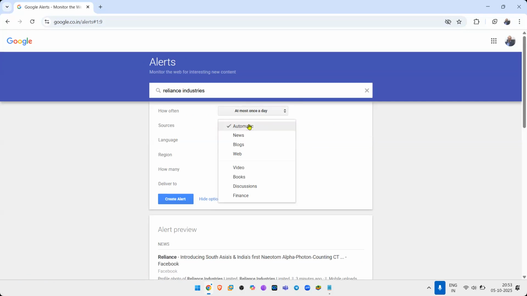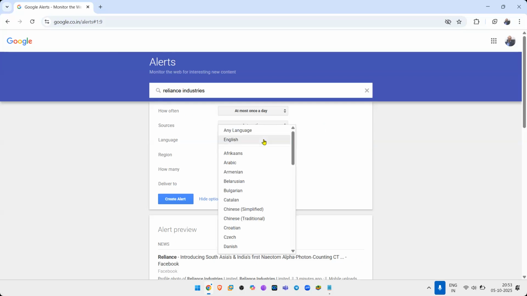The sources can be automatic, news, blogs, web, videos, books, discussions, finance, so many options. I'm keeping it automatic right now. Language, you select the language in which you want, like Arabic and Bulgarian and Chinese and Finnish and French and German. I'll just keep it English.